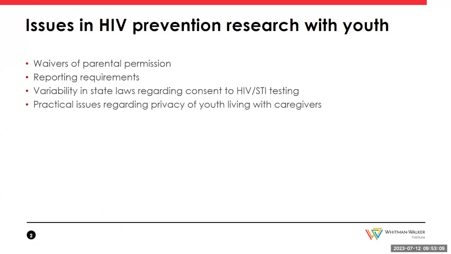So as was already discussed in detail yesterday and doesn't really need to be covered today, there are lots of issues with HIV preventive research with minors, including waivers of parental permission, reporting requirements, particularly around sexual behavior and the age of consent for sexual behavior within different states, and the types of data that you collect around sexual behavior. So we're very careful around when we collect ages of partners and things like that that might trigger mandated reporting,